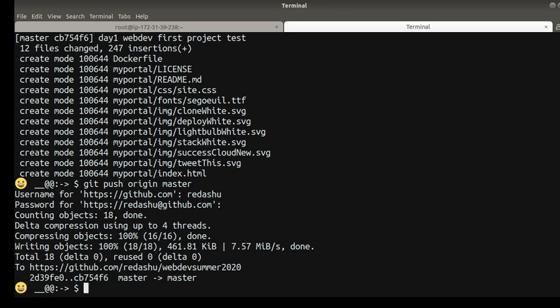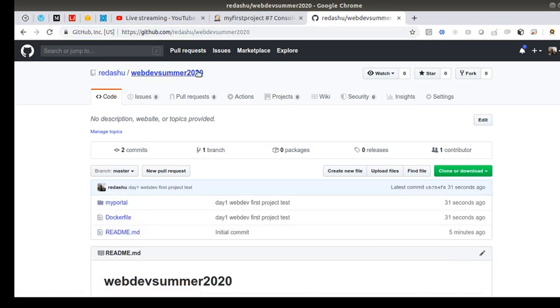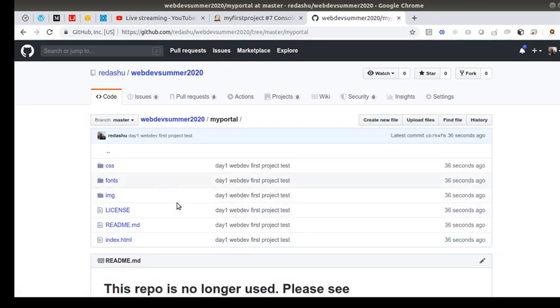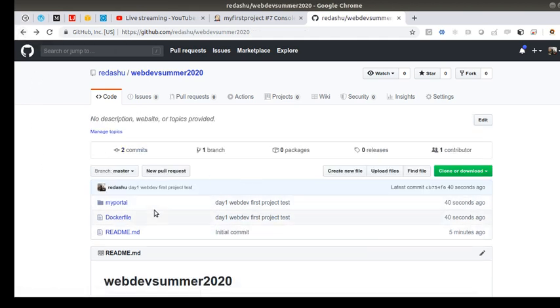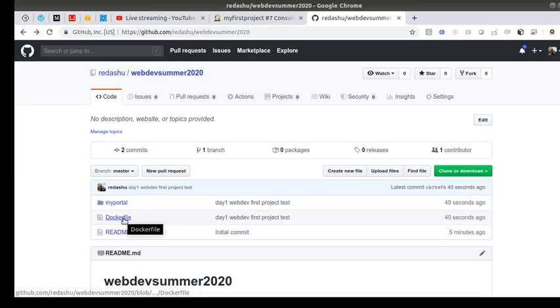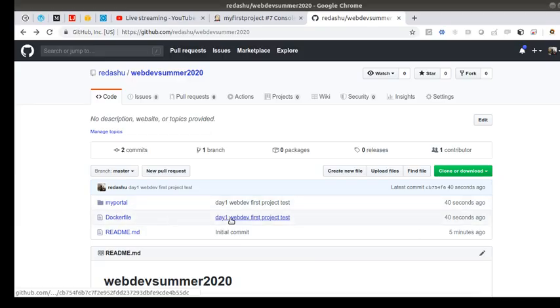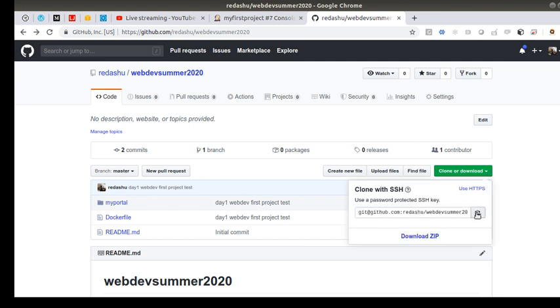So the overall thing is, I've created one repo here, and I copied some code from somewhere. You don't have to do that; you have to make it on your own. If you want to build a Docker image, you have to write the Docker file along with it. If you want to build a jar, you have to write a script that can create your product into a jar, or Docker has its own options as well. This is the URL you have to give